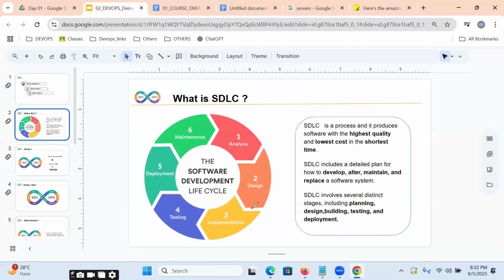This entire process, what are you calling it? Software development lifecycle.